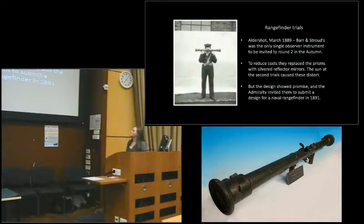was the only single observer instrument to be invited back for the second round. And if you'll recall, being a single observer instrument was one of the things that the War Office wanted. However, in between the first and the second trials, Barr and Stroud were quite concerned because their object was more expensive than a lot of the other instruments in the competition. So what they did was they took the glass prisms at each end of the object and replaced them with